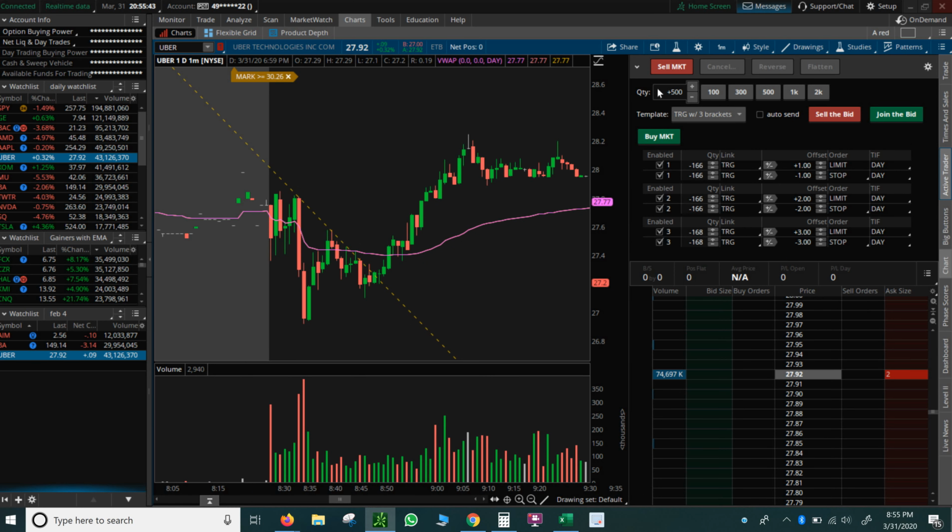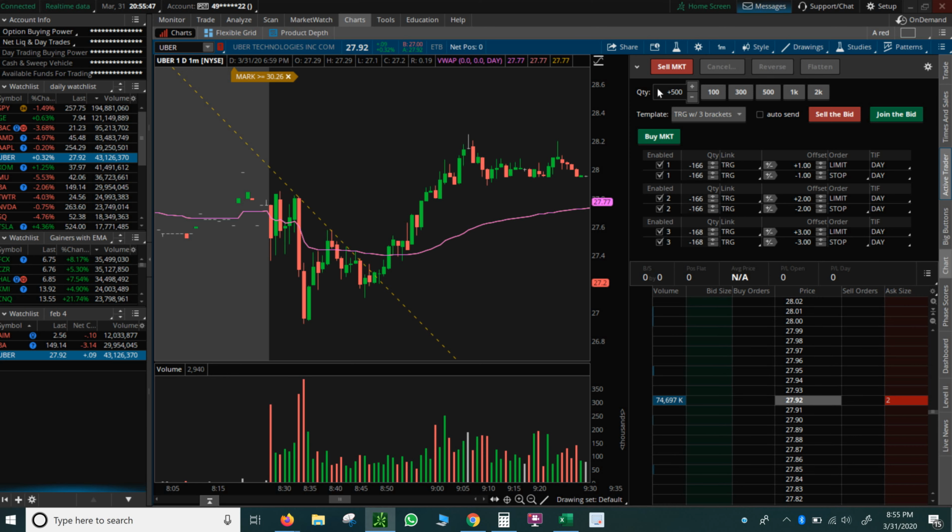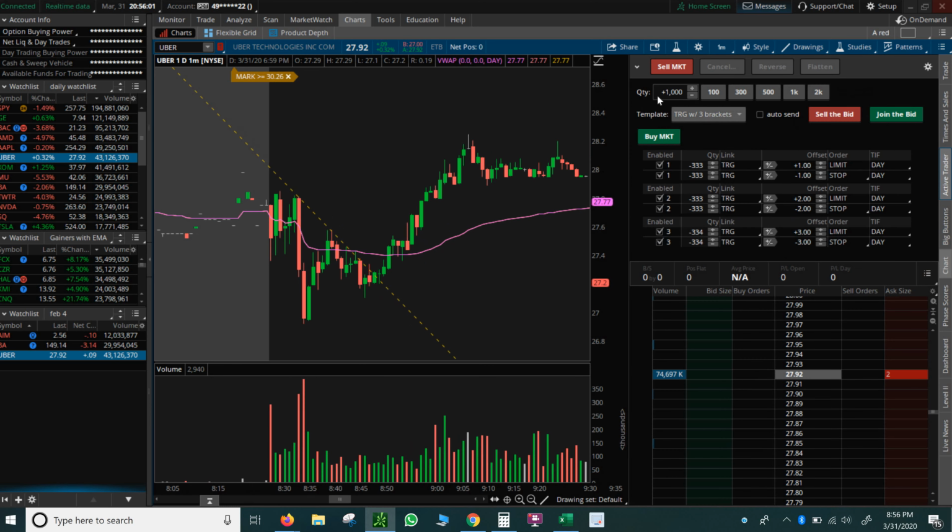So let's say that I'm going to create a template for 10 cents. So if my risk is 10 cents, how many shares should I be buying? I can buy 1,000 shares, right? If I buy 1,000 shares and I lose 10 cents on it, I'm going to lose $100. So I'm going to open Active Trader. I'm going to put 1,000 shares here, and here I'm going to select bracket with 3, and it's going to